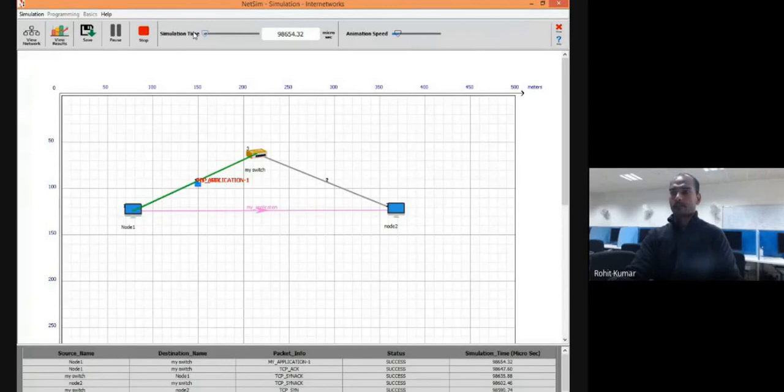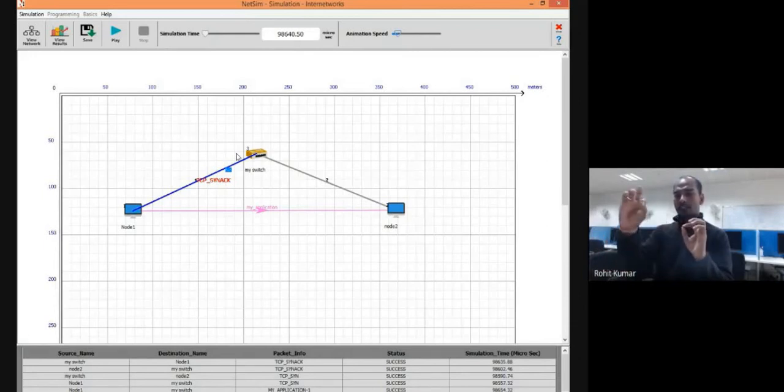So at the very start, TCP SYN packet came from here to here. Now TCP SYN acknowledgement is coming back from here to here. Why did it come? Because at transport layer, we used TCP protocol. We used TCP protocol means TCP uses three-way handshaking. Three-way handshaking is used by TCP to make sure that the proper link has been established from source to destination. So that's why TCP protocol will send a TCP SYN packet.